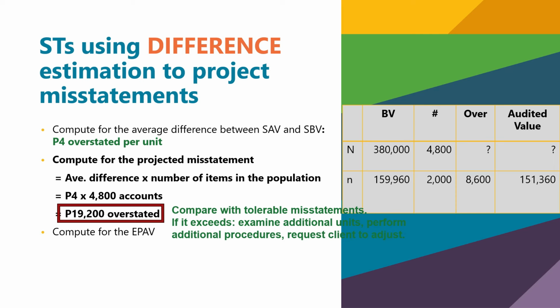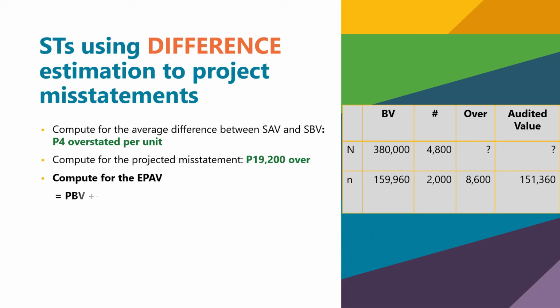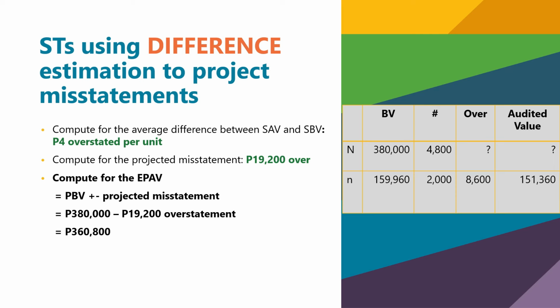But then, let us not stop there. We have to determine what is our estimated population audited value. So I think you know what to do with this already. You have a book value of 380,000. Based on our projection, that is overstated by a total of 19,200. So simply deduct the overstatement from the book value. So that being said, we will come up with an estimated population audited value of